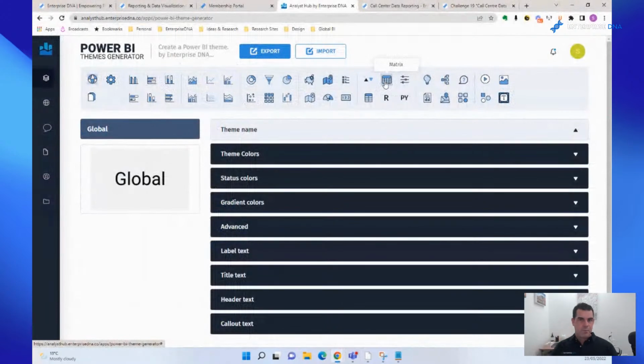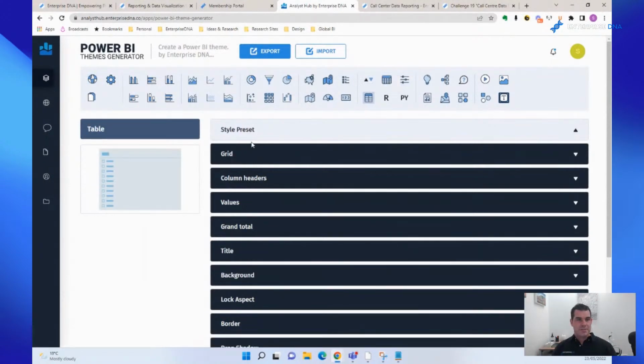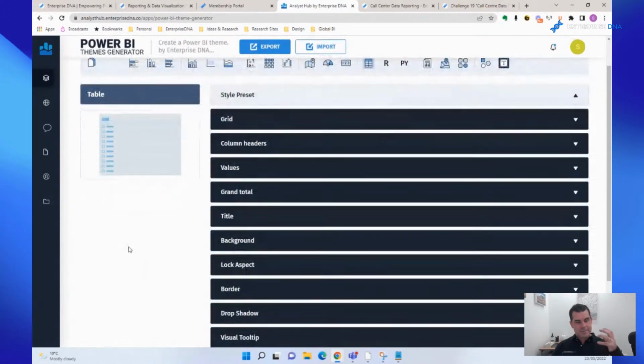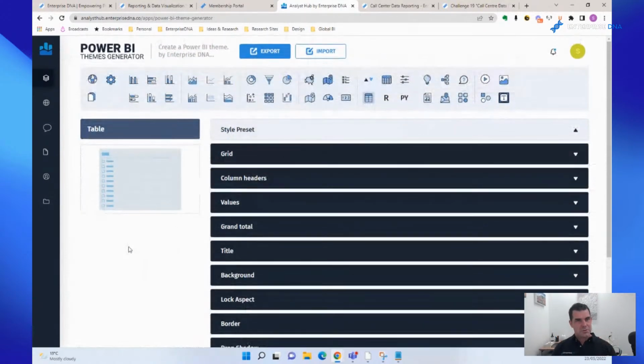Now, we've been making very small updates and edits to it over time, so to be honest we haven't marketed it as well as we should. But the idea is, how can you limit the amount of clicks you have to do inside of Power BI? Build a comprehensive theme that has absolutely everything set up how you want it.